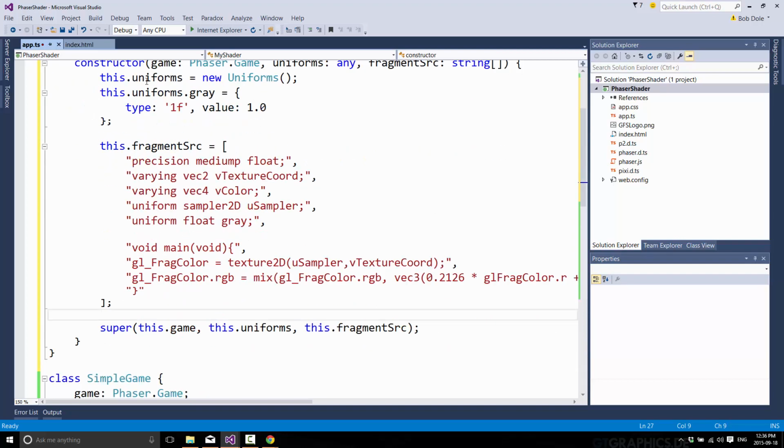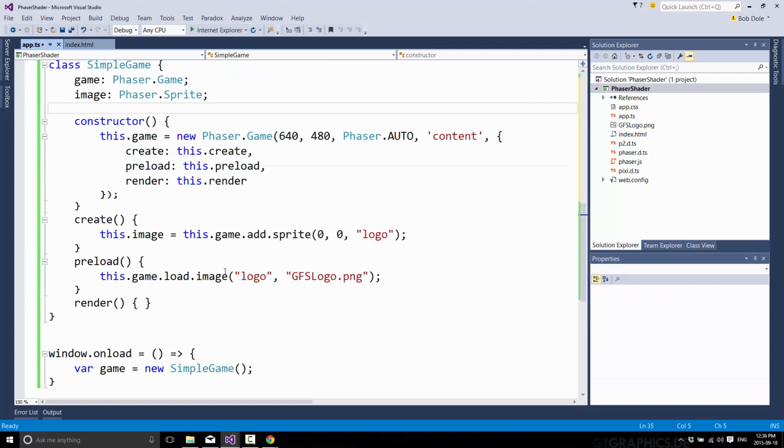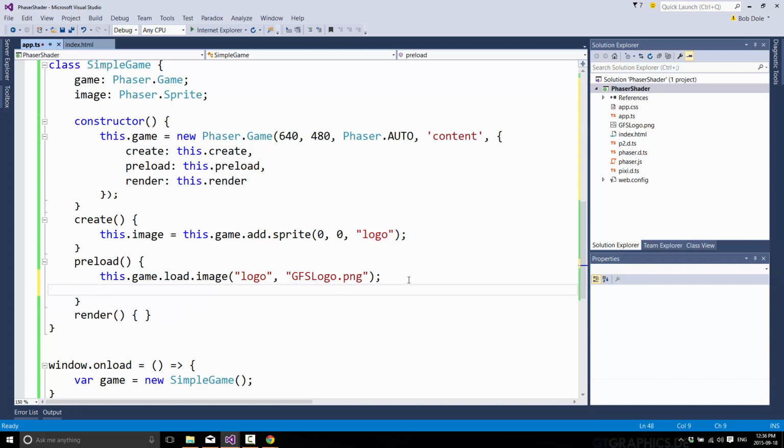All it really does is set up its parameters, create the source, and then call its base constructor, more or less using the functions that we just defined. So now that that's done, let us apply our shader, and that is done to our image. So our image is loaded here. Remember I said shaders are actually called filters in the world of Phaser. So what we want to do is